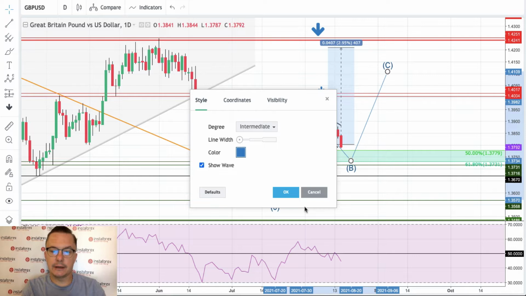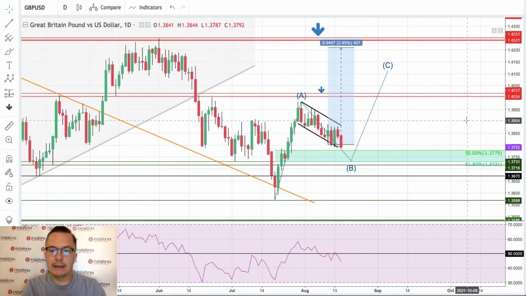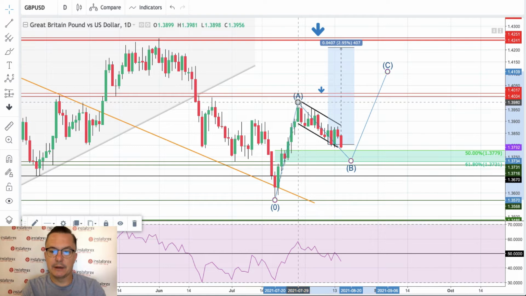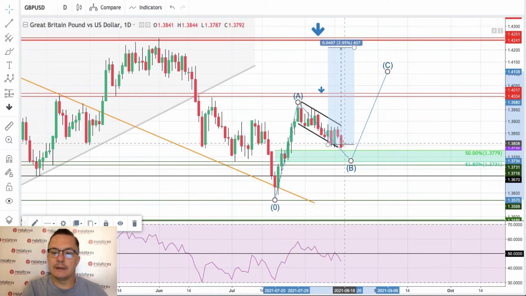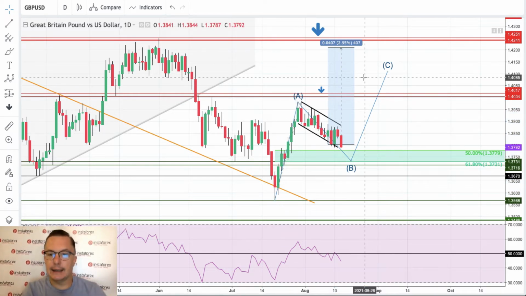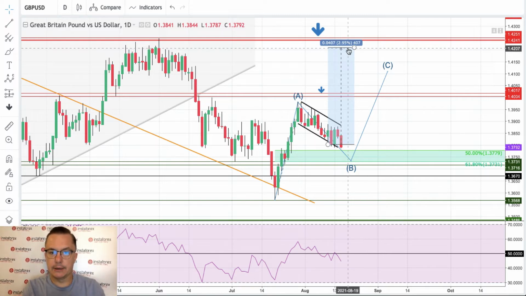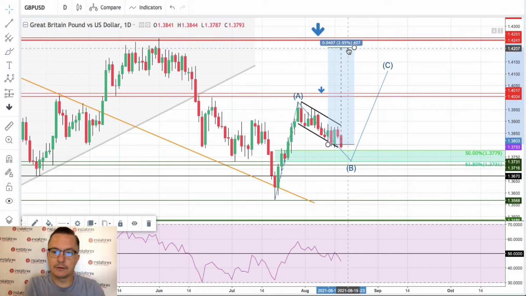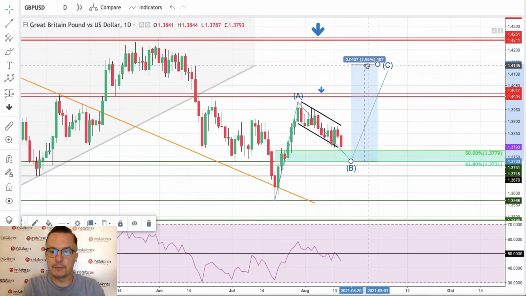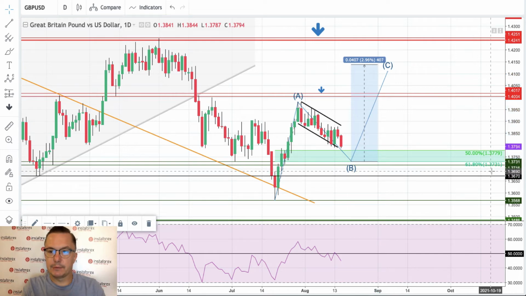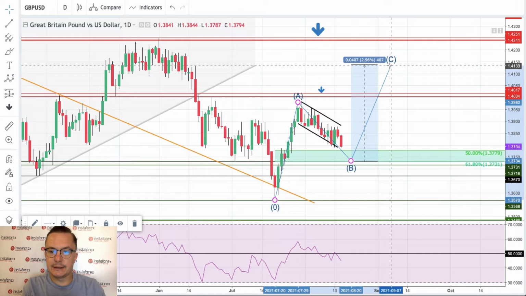So it looks like we are making this kind of a pattern here that you can see, an ABC pattern. The leg A is done, the leg B is in progress, and we need more to the upside in order to be certain of this pattern. So if we bounce from the level of 61%, 1.3731, we can go as high as this level, which is